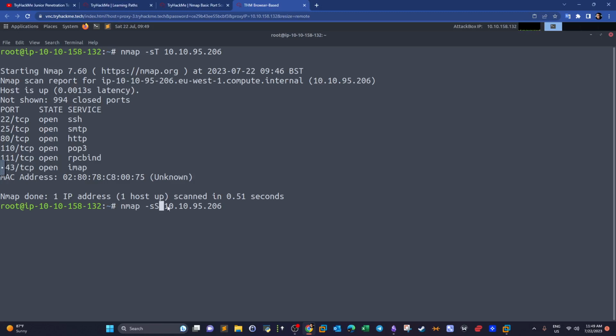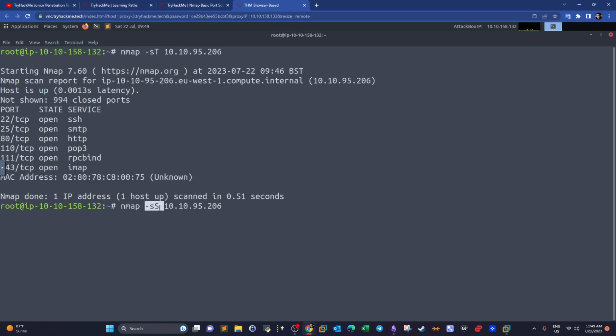The other thing is that the stealth scan doesn't complete the TCP 3-way handshake. So basically, once it receives a certain response from the server, it tears down the connection, it ends the connection. That's the hallmark of the stealth scan. It's the actual opposite of the TCP connect scan. In TCP connect scan, we complete the TCP 3-way handshake: synchronization, acknowledgement, and then sync acknowledgement. But here we send